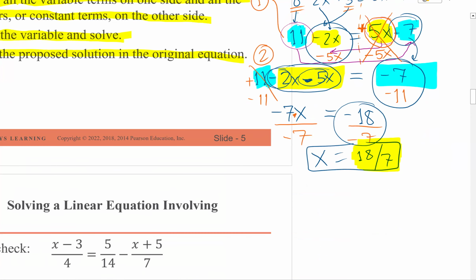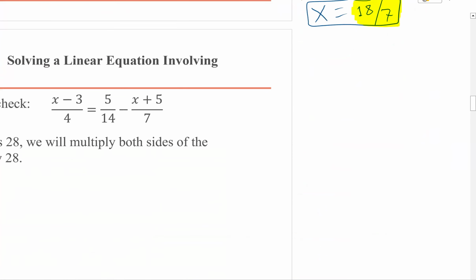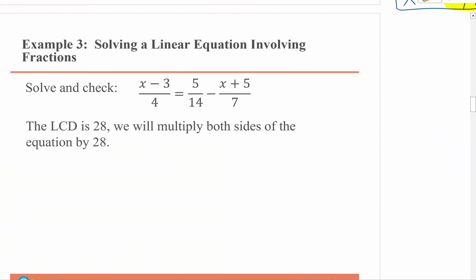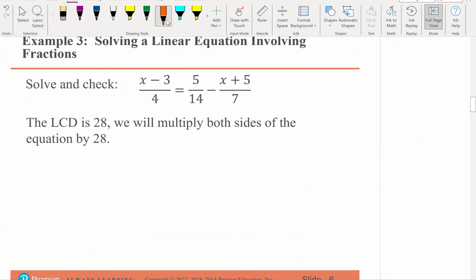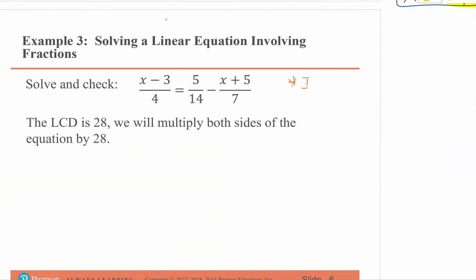All right, so that's the more complicated type of linear equations you could have. And this example down here, example 3, is solving an equation involving fractions. It looks scary, and it would be complicated if you didn't know an easier way to do it. But what we want to do is, let me write a little note here. If you have fractions, especially more than one fraction, or even one is fine, in your equations,